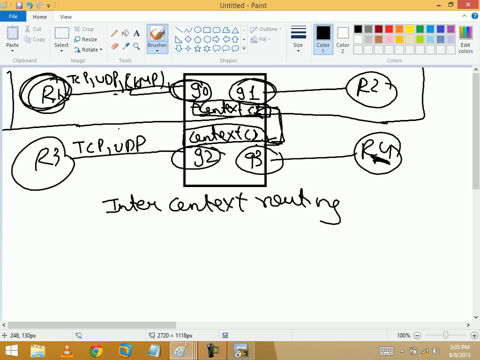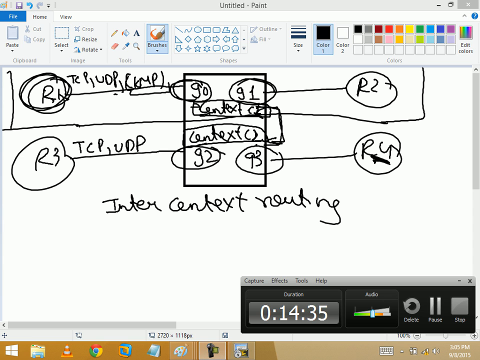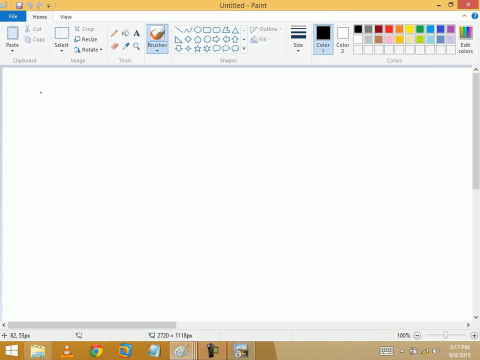I will use first GNS, then I will use the real rack. Okay, or first I will use the real rack. Okay, I will use the real rack. First, I will configure the topology. So our topology is like this: R1,